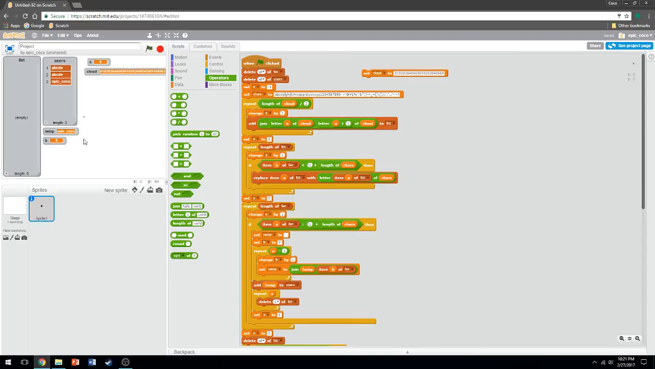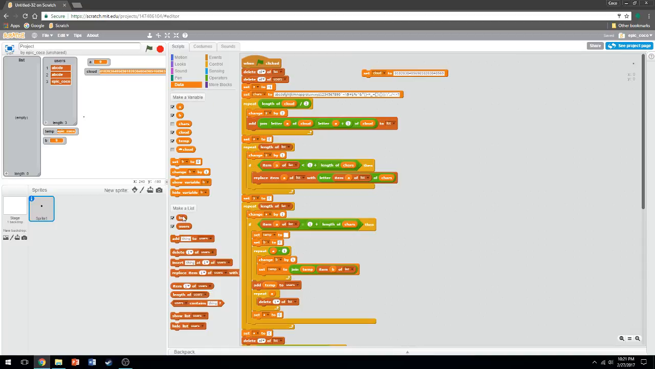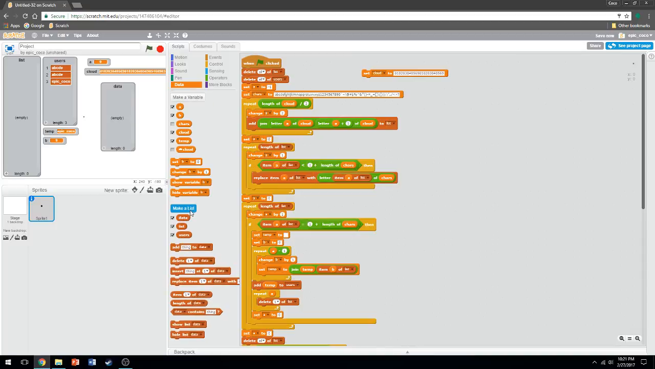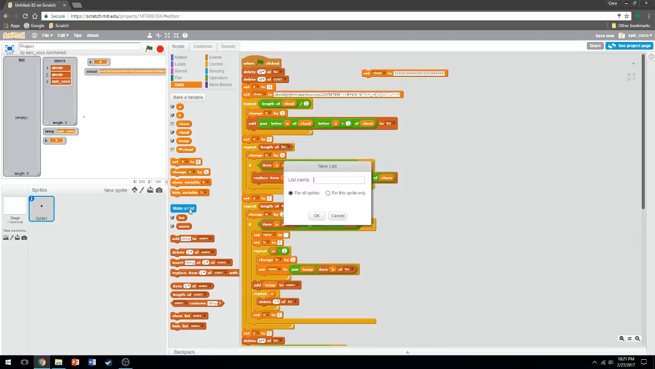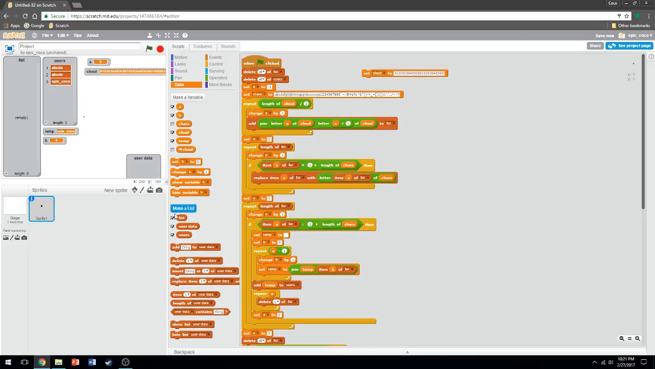How am I going to do that? Well, how about it only downloads the data from your user? So I'm going to make a list called data. Actually, I don't like that name. Delete list. Yeah, delete data. Make list user data. Okay, so in the beginning, we're also going to want to delete all of user data